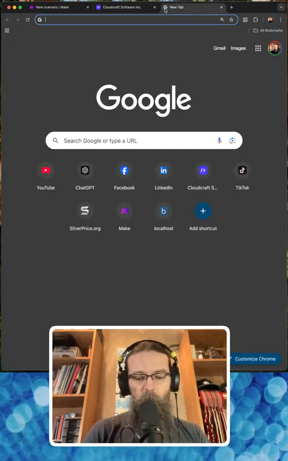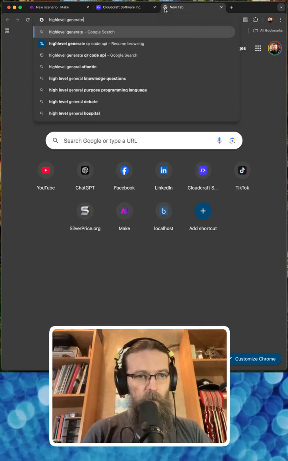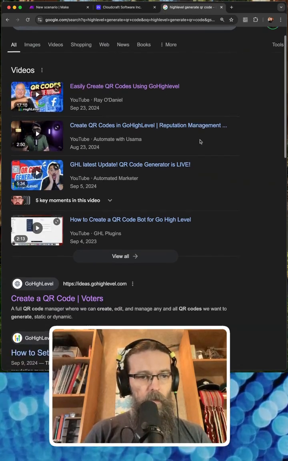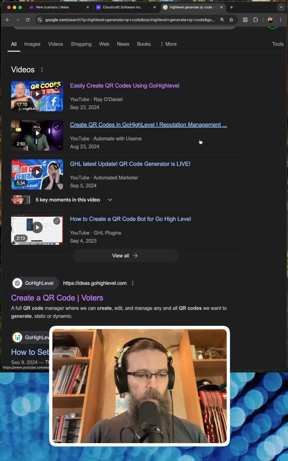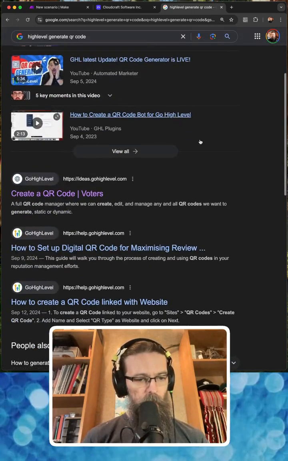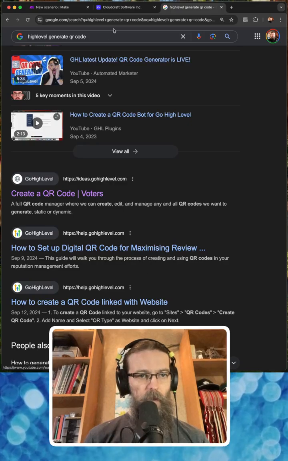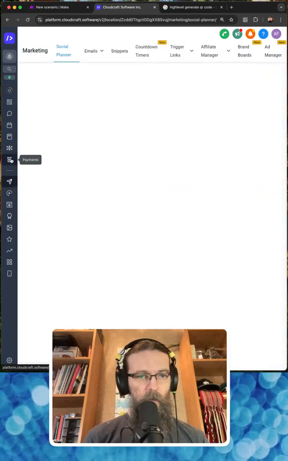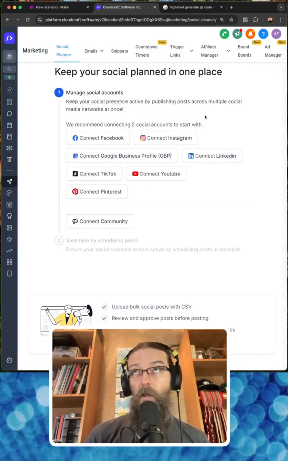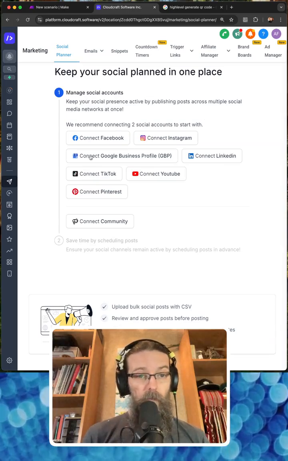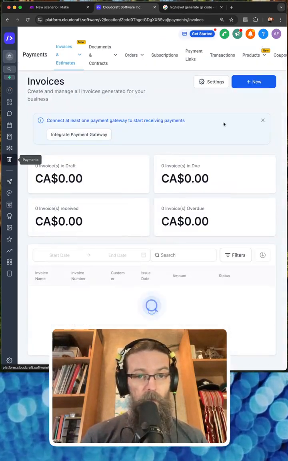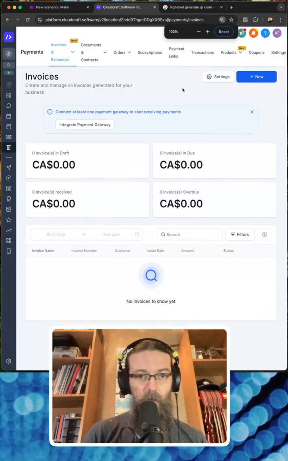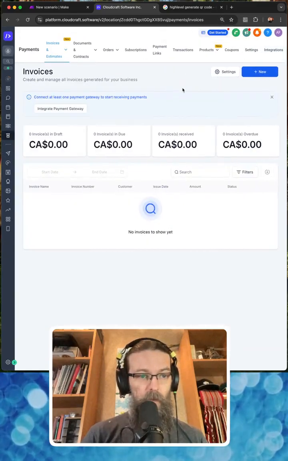Is there a way in HighLevel to generate a QR code? Because we won't be able to without a plugin. If you know of a way to do this, let me know. There's a QR code system in here, right? I've used this a bit, but I still have lots to learn about HighLevel. There's so many buttons in here and different things. So let's see, there's coupons. Let me make that a little smaller for just a second, because I think QR codes is in here under,